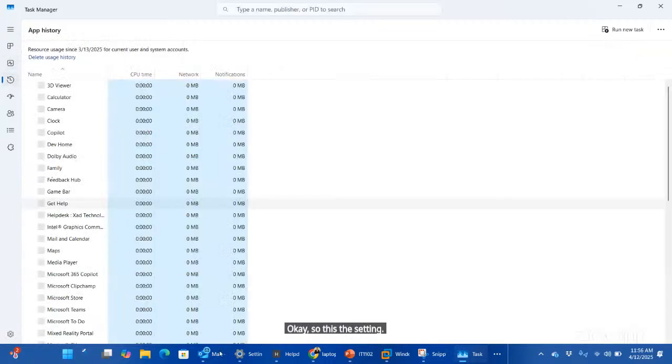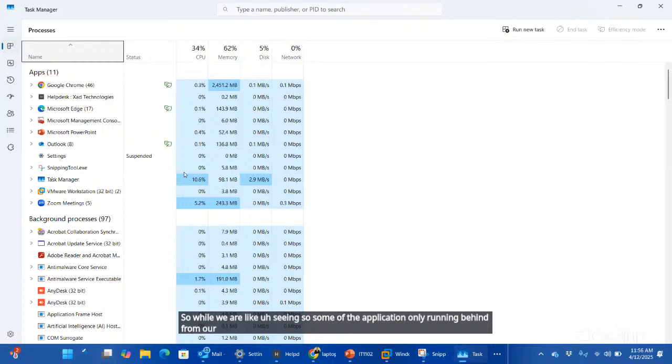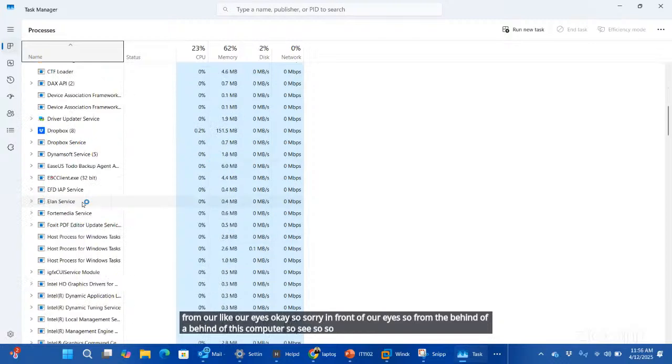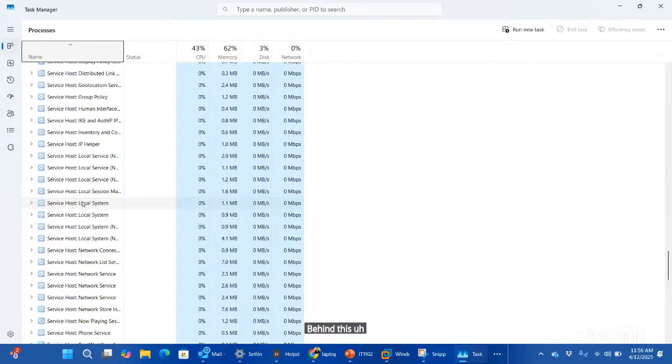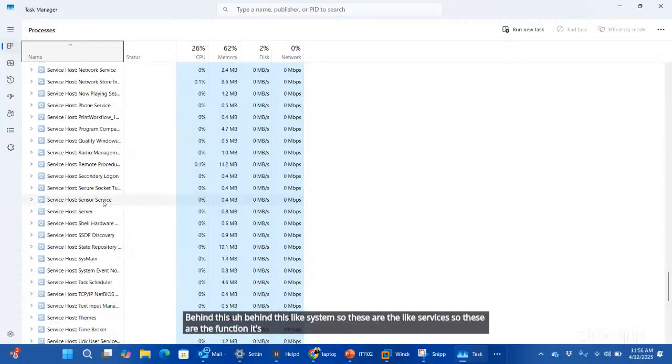While we are seeing only some applications running in front of our eyes, so much of the application is running behind the system. These are the services, these are the functions running by our operating system.